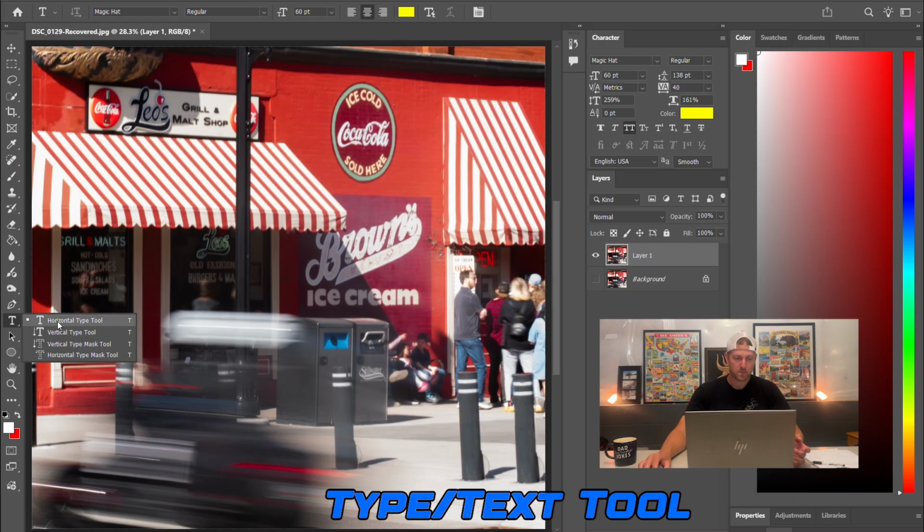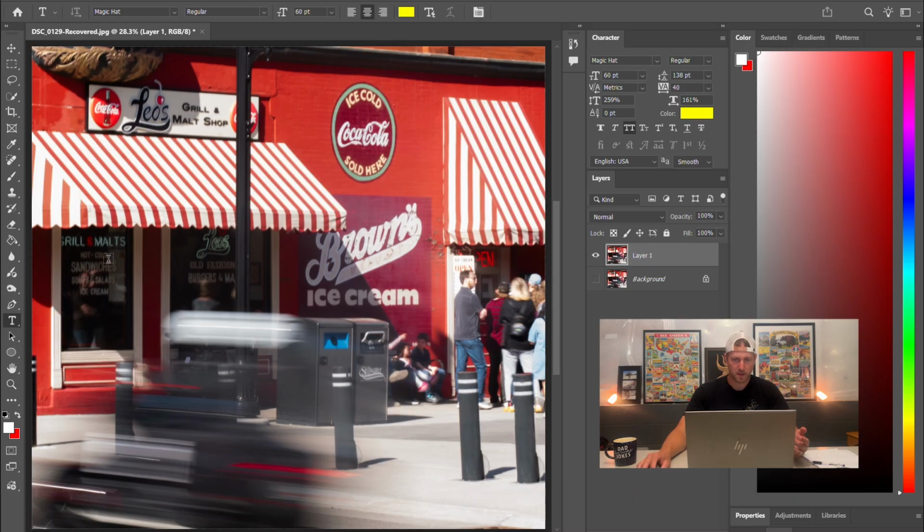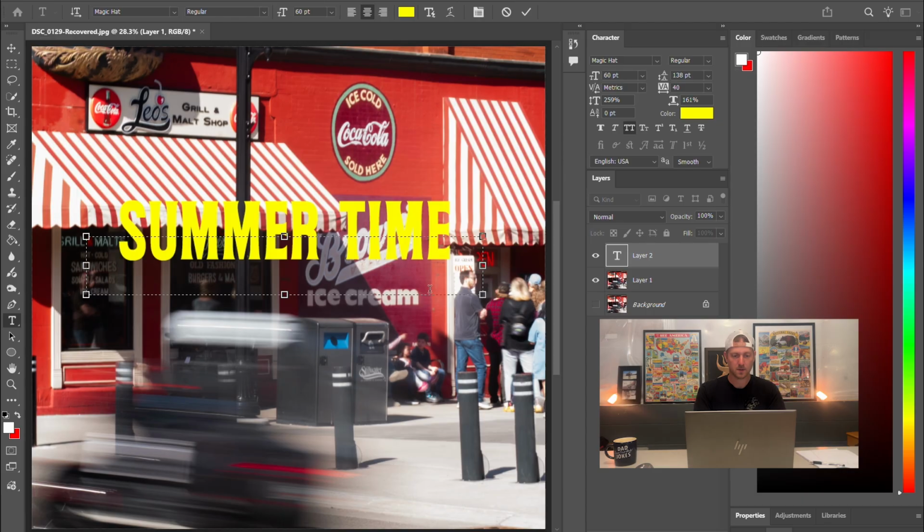And then the last tool I want to show is the type tool. Pretty self-explanatory, but there is a lot that you can do with type. I'm just going to quickly show you. So if you're making thumbnails, or a flyer, a promotional, maybe you're posting something on Instagram, and you want to have some text on it, you can add a lot of flavor to your text simply within your type tool itself. So I'm just going to type in summertime,